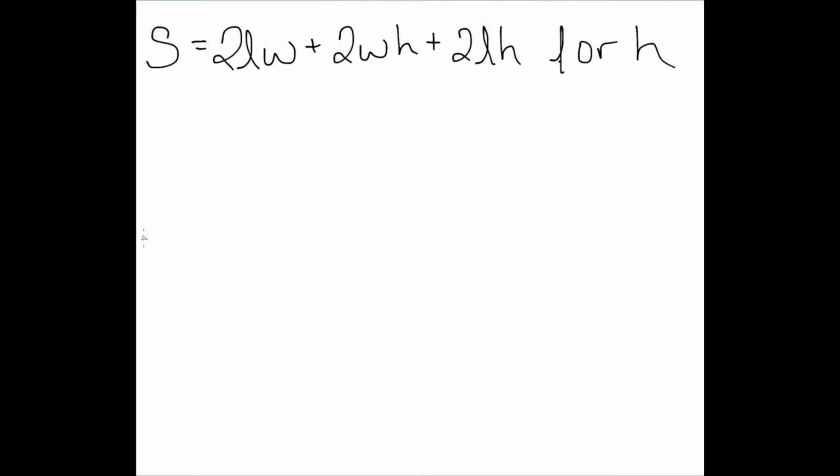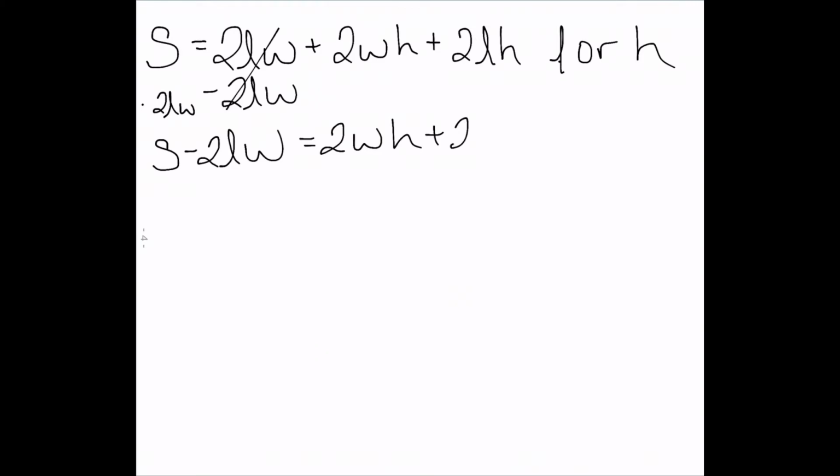For my last one, I have S equals 2LW plus 2WH plus 2LH. This is the formula for the surface area of a cube. We want to solve this for H. So I'm going to get all my H's on one side. So I'm going to subtract this 2LW from both sides. The left then becomes S minus 2LW. The right,